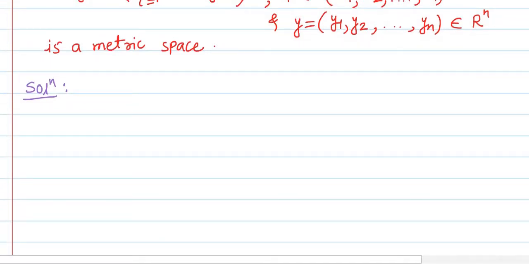Next, the main one condition that we have to check is the triangle inequality. So to prove that D is a metric, we have to show that D satisfies triangle inequality, and while proving the triangle inequality we need a result, and that result is Cauchy-Schwarz inequality. And first of all we'll prove that Cauchy-Schwarz inequality, and then using that Cauchy-Schwarz inequality we will prove the triangle inequality.